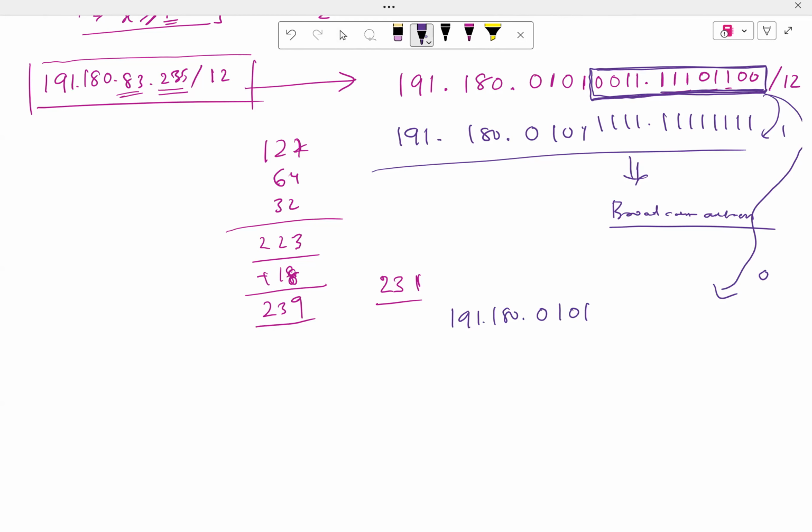191.180.0101. Then here it will be replaced with 0000 dot 100. That will be 191.180 dot, and this will be your 64 plus 16, 80 dot 0. This is your